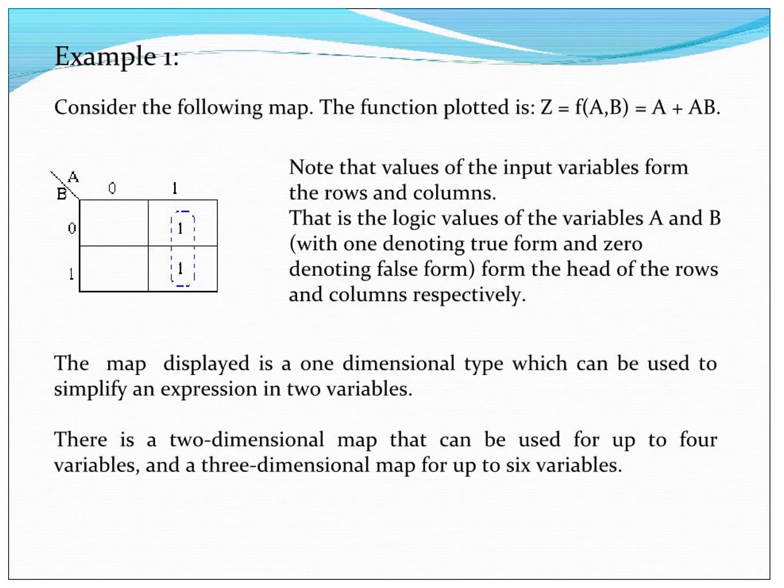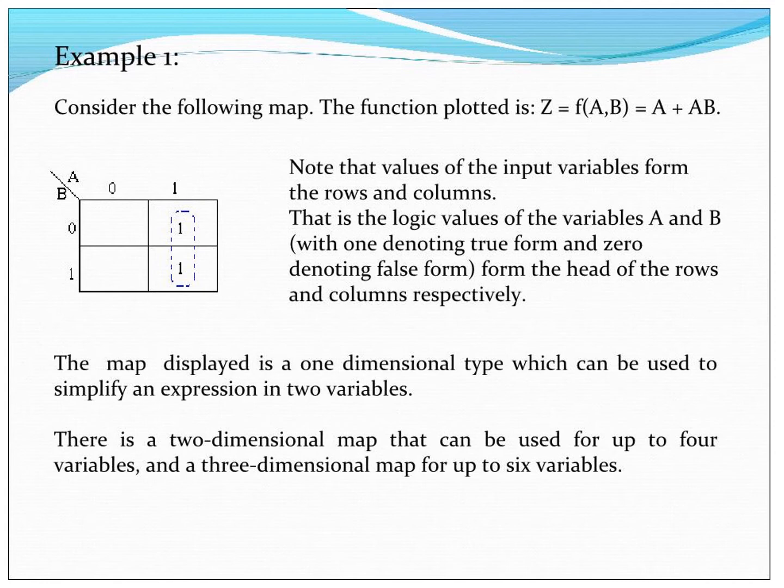Now let us take an example here. Let us consider this K-map with this particular equation, f of AB is equal to A plus AB. So this particular expression has 2 ones here, which are marked here, and they are paired. They are grouped into a pair. And in a pair, we will see that one of the variable and its complement gets eliminated.